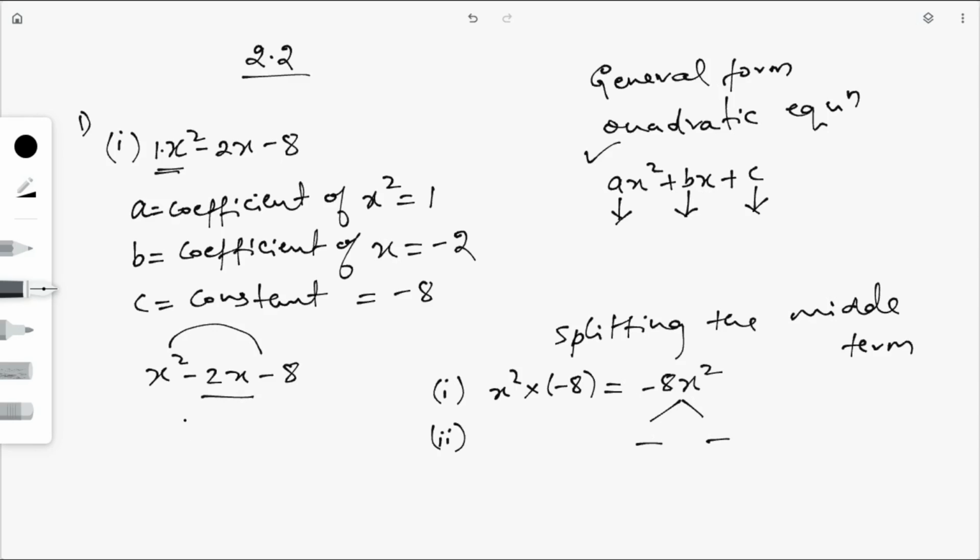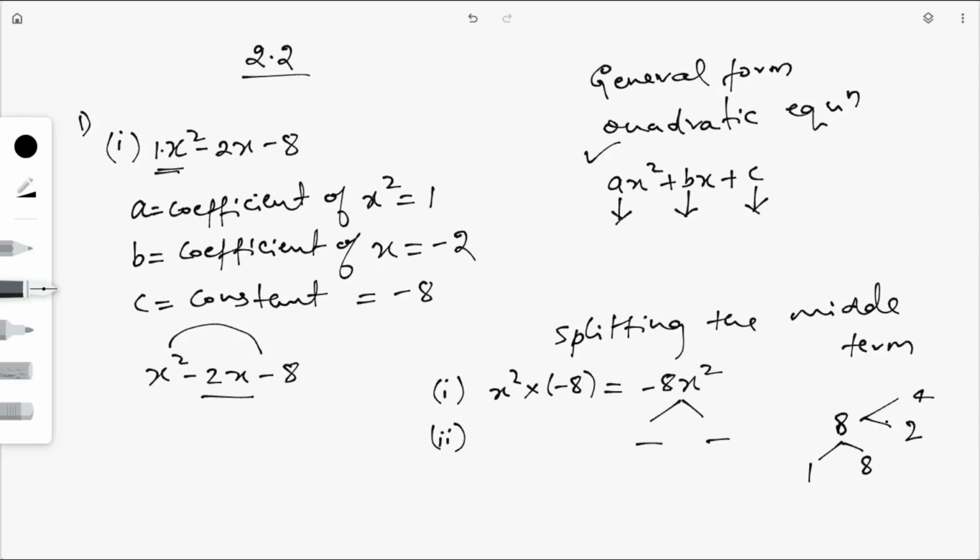So for that, I know many of the students are a bit confused or stuck with this step, how to split this into two terms, such that by multiplying these two you should get minus 8, and by adding them you get the middle term. So better follow these steps. Before finding these two terms, write down the factors of 8. What are the factors of 8? A pair of factors. Okay, so we get 8 by multiplying 1 and 8, and we get 8 by multiplying 2 and 4. Are there any other pairs of factors? 1 and 8, and then 2 and 4. Okay, fine, we don't have any other factors.